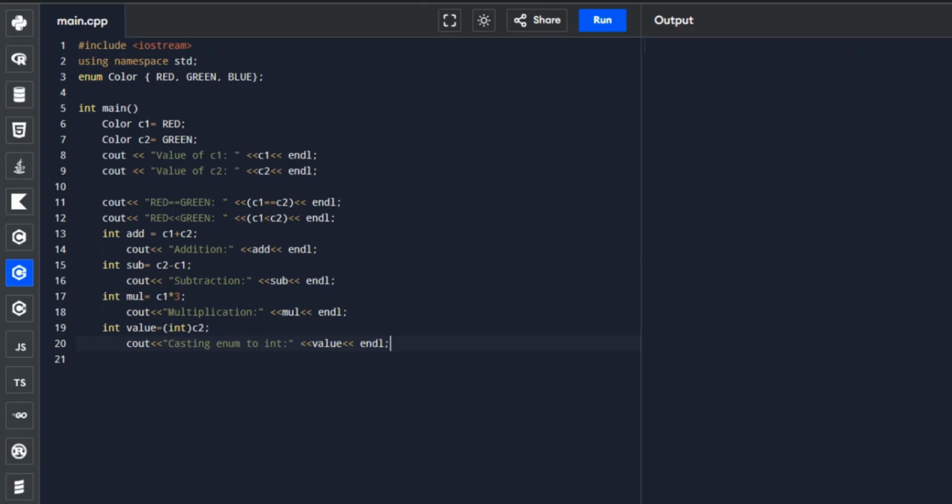The next operation will be assigning an invalid integer value. So we say color invalid equals color 10.